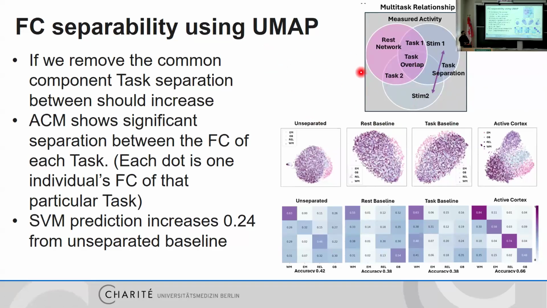So rather than just using reaction time here, each dot represents the functional connectivity of the entire task signal when it's unseparated, or when you apply the different frameworks for rest baseline and task baseline. And you can see from this Venn diagram that you're basically trying to remove the overlap to push these two task separations apart. And when you apply the active cortex in this beautiful UMAP, you can see finally the colors all separating as the common processes in these tasks are removed and the tasks themselves come out. And